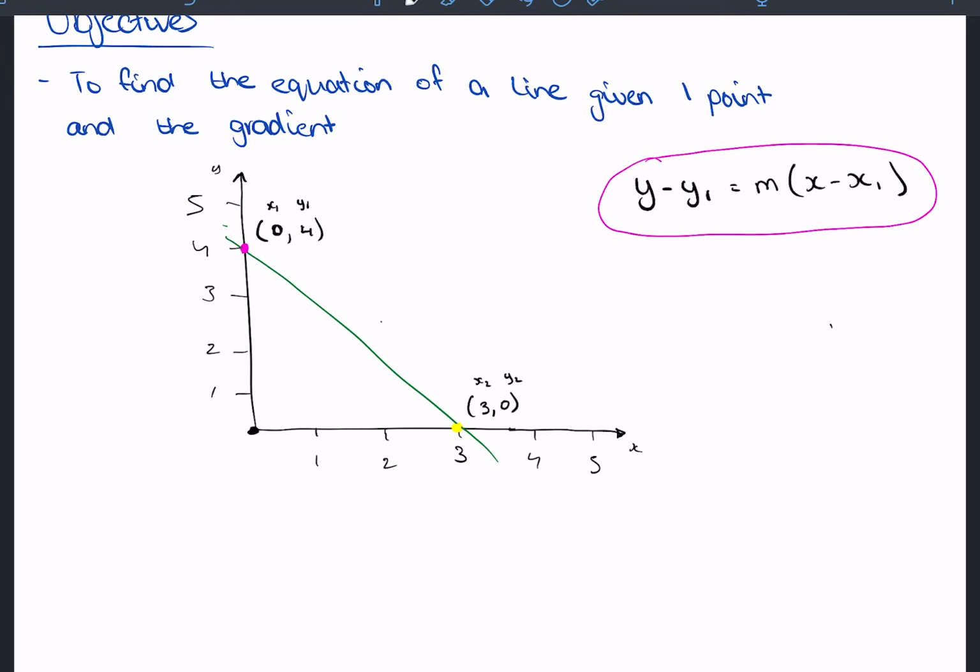Yes, another formula, and this one is y minus y1 is equal to m times, remember, a variable next to a bracket, the multiplication is implied, times x subtract x1 bracketed. So yes, please don't get confused. I just want to say that the y1 and y are not the same thing, and x1 and x are not the same thing. In your formula, y is equal to mx plus c,